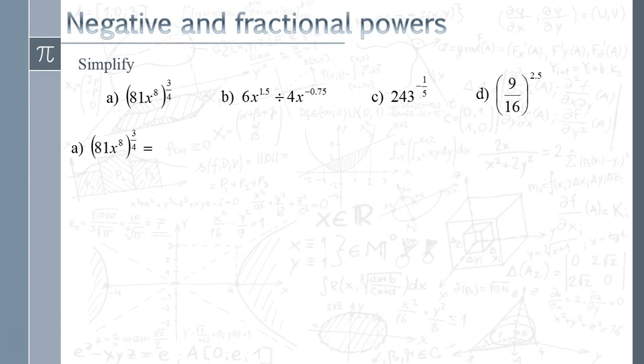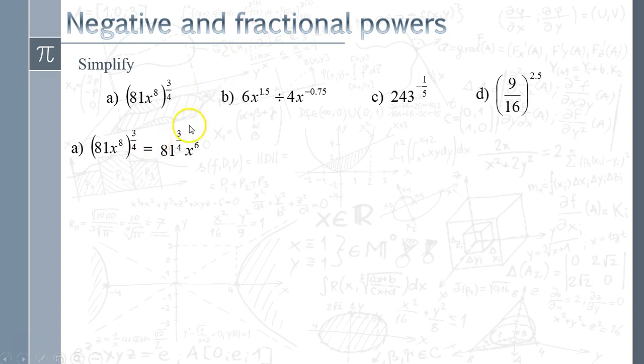So in the first one we've got a bracket law going on. We've got a power inside, we've got powers outside, we've got the power applying to both bits in the bracket. So we need 81 to the power 3/4, and then we need x to the 8 to the power 3/4. Our law says we multiply, so I'm just going to multiply 8 times 3/4, which gives me x to the power 6. All that I need to do now is tidy up the 81 to the power 3/4, and we saw